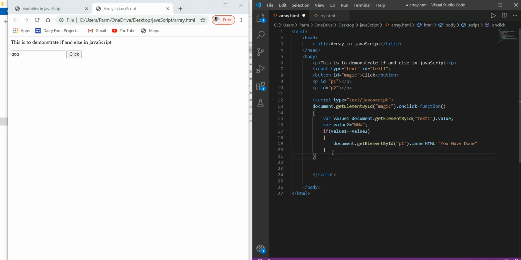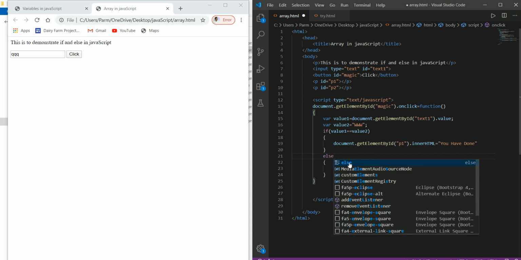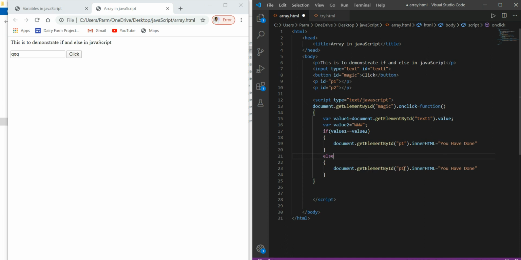Similarly we just copy, Control C. If this condition goes wrong, what we have to do is go with the else. If the condition doesn't match, else will get executed, and here we have to write it in p2, and here we will write no. Try again.